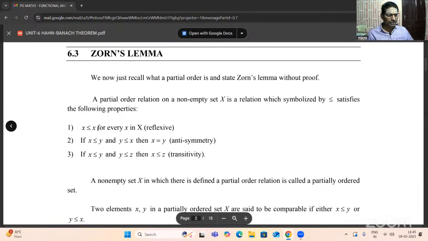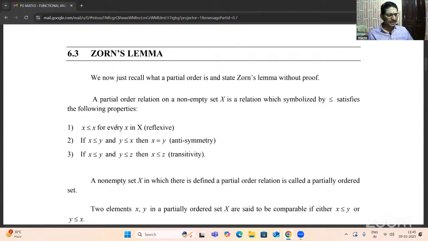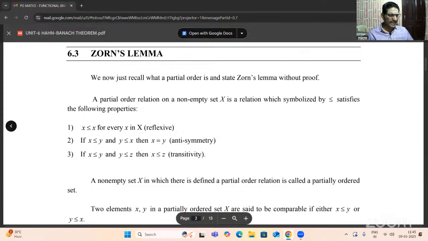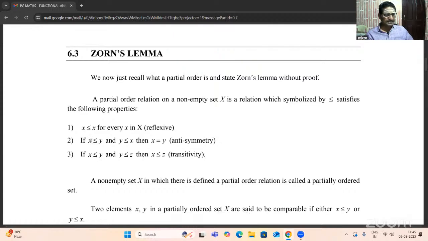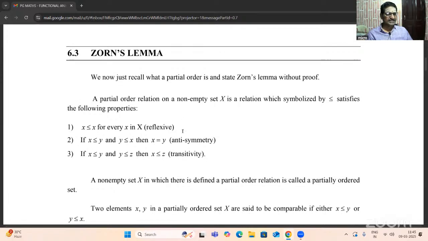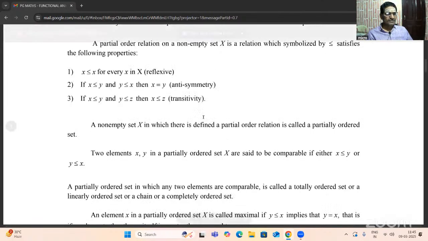Here, x is less than or equal to x, for every small x belonging to capital X. That is the reflexive property. The second is anti-symmetry: x is less than or equal to y and y is less than or equal to x, then x equals y. That is the anti-symmetry property. The next one: x is less than or equal to y and y is less than or equal to z, then x is less than or equal to z. That is transitivity. When reflexivity, anti-symmetry and transitivity are satisfied,